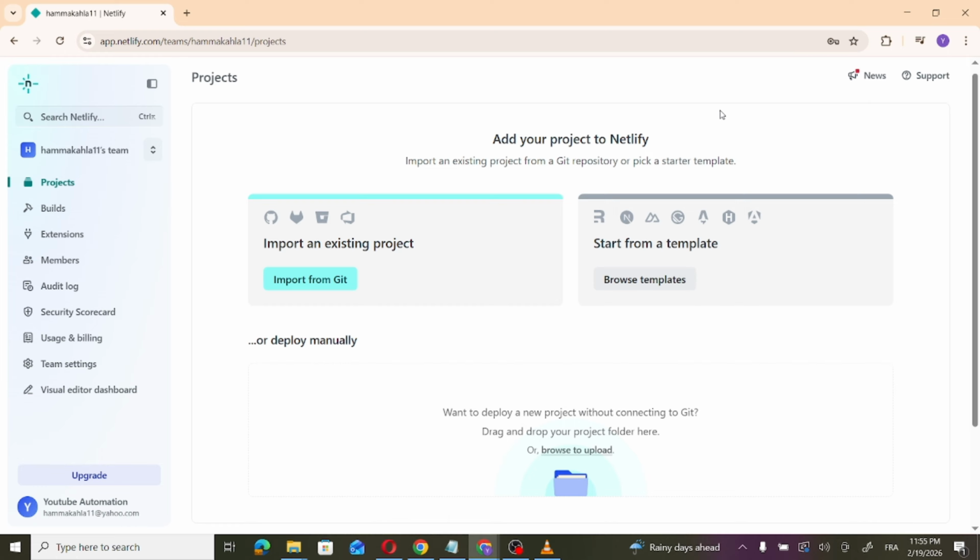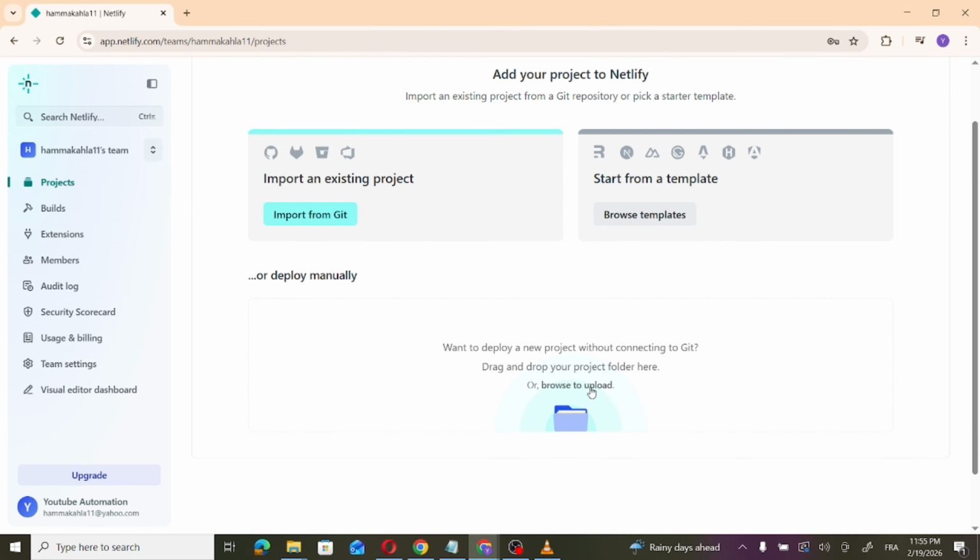So all you need to do is open any browser and then search for Netlify. Open the first link and then log into your account or create an account. Make sure you are logged into your account and then go to projects and then go to browse to upload files and then upload your project file or folder containing all the files, CSS, HTML, JavaScript, anything, and then press